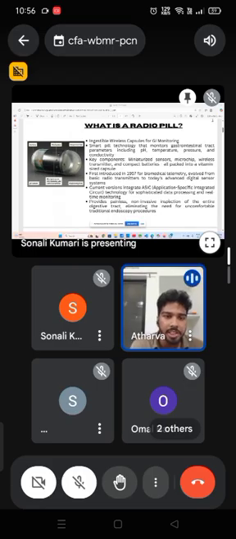What is a radio pill? It is an ingestible wireless capsule for GI monitoring. Smart pill technology that monitors gastrointestinal tract parameters including pH, temperature, pressure, and conductivity. Its key components are a miniaturized sensor, microchip, wireless transmitter, and compact batteries, all packed into a